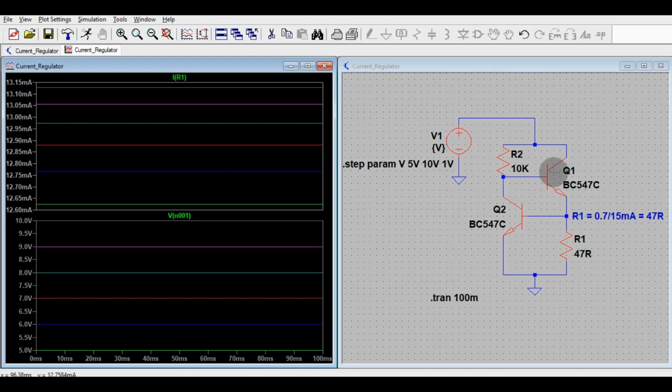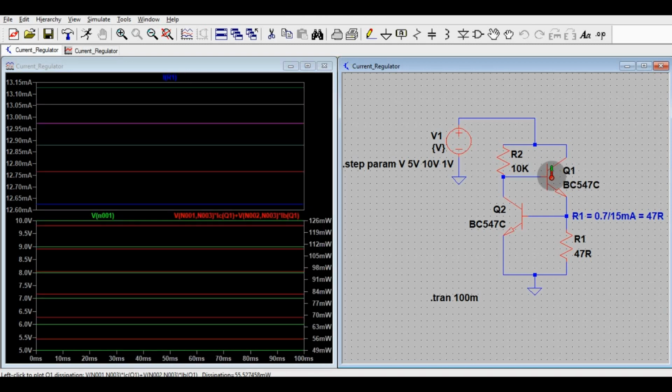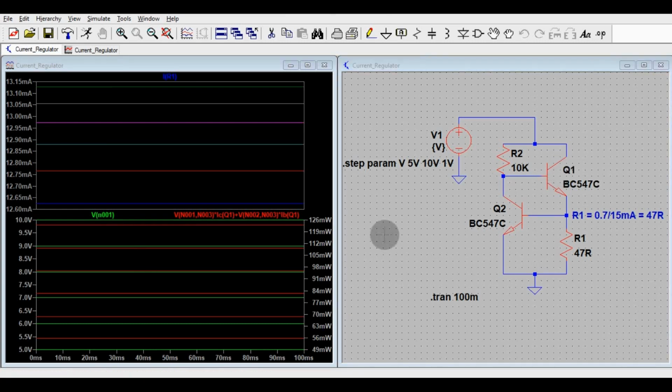To measure the power, you have to press Control and Alt, then you have to click on here. So you can see this power button. When your input is 5 volt, your power across this transistor Q1 is 5649 milliwatt, and when your input is 10 volt, the power across this transistor is 126 milliwatts.